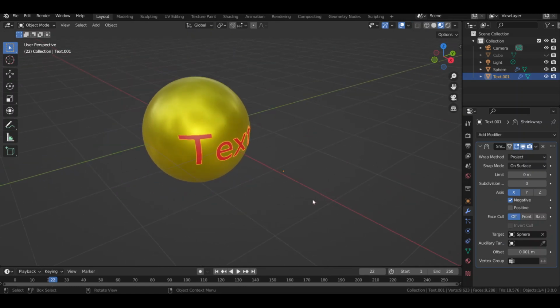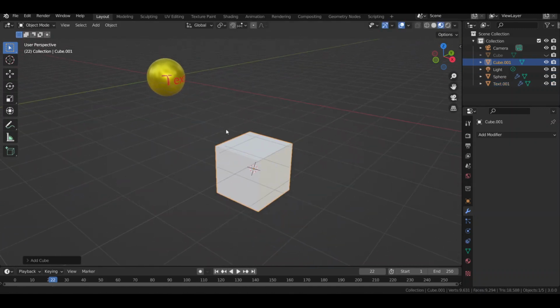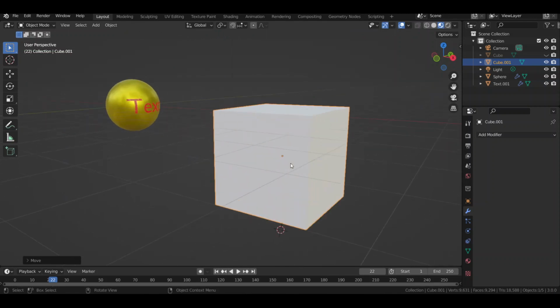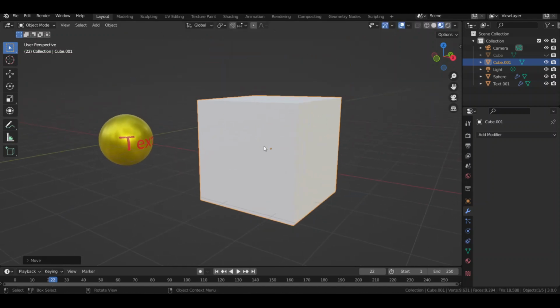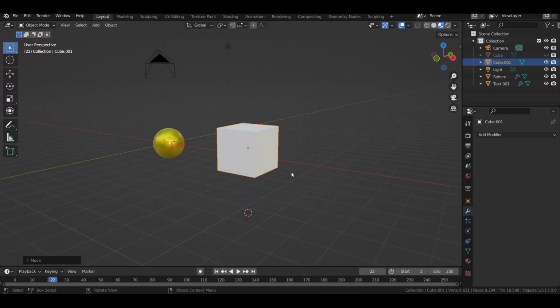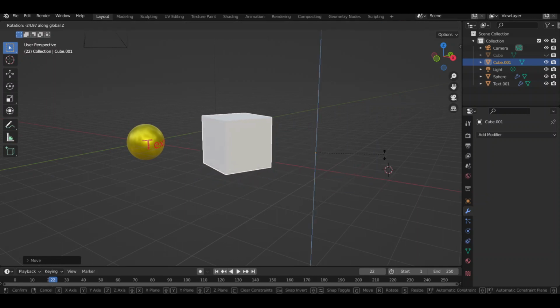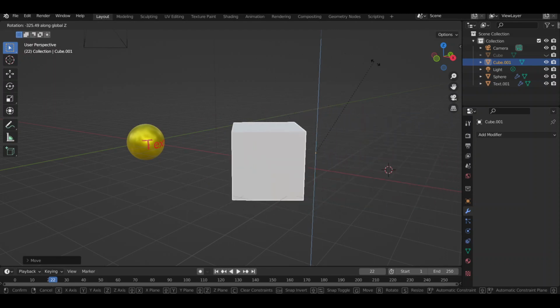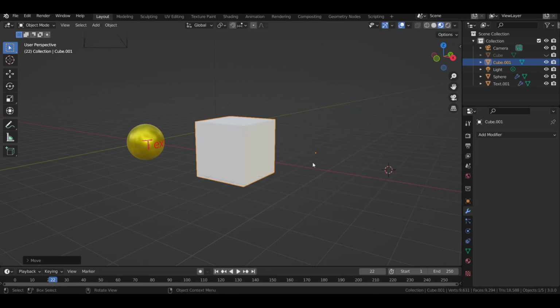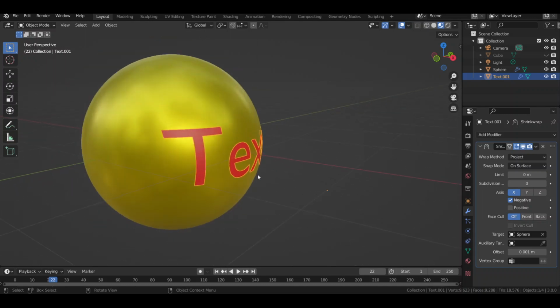So in Blender, every object rotates around its origin point, right? If you try to grab this cube over here, you can see the orange dot. Actually, let's move it up. When you try to rotate it, it's going to rotate around that orange dot. In the same way, if you move this orange dot all the way over here and try to rotate the cube, it's still going to rotate around that orange dot, which is your cube's origin point. With that logic, going back to the text,